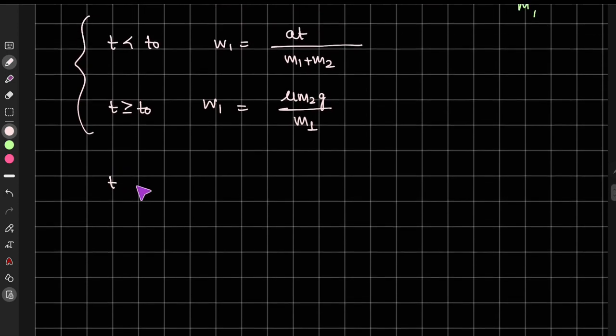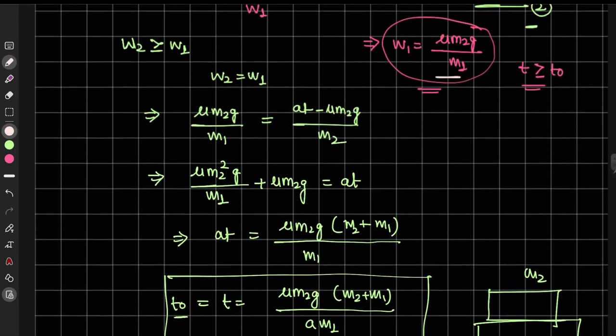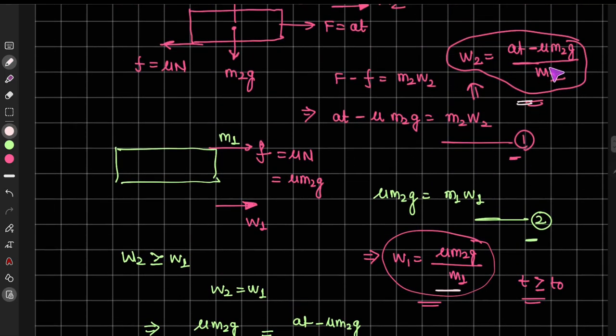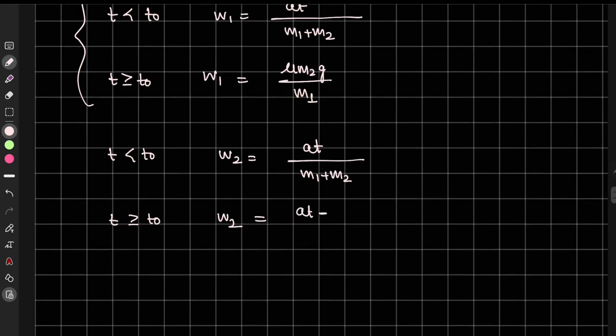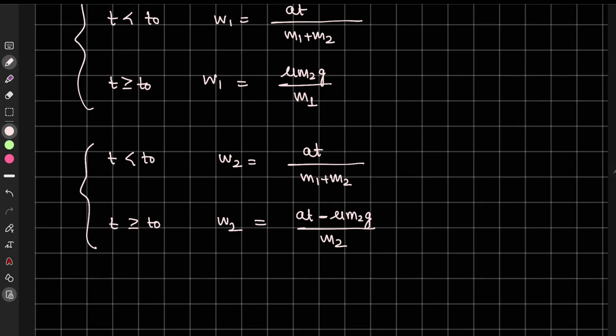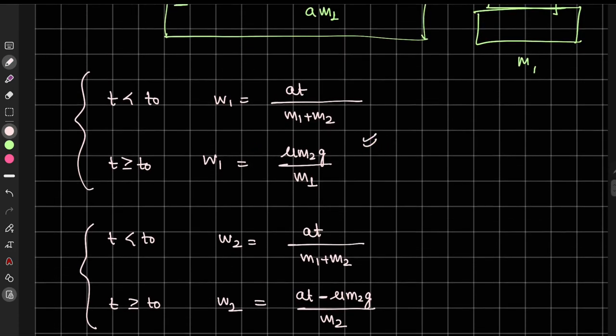Now let us talk about mass m2. For t less than t naught, we are having w2 is equal to at whole divided by m1 plus m2, and for t greater than or equal to t naught, the acceleration that we have found out here is at minus mu m2g upon m2. So at minus mu m2g whole divided by m2. So this is the acceleration function we can write for mass m2, and this is the acceleration function for mass